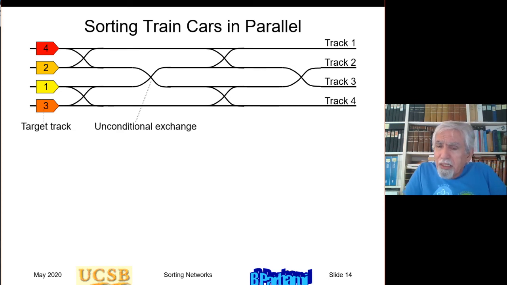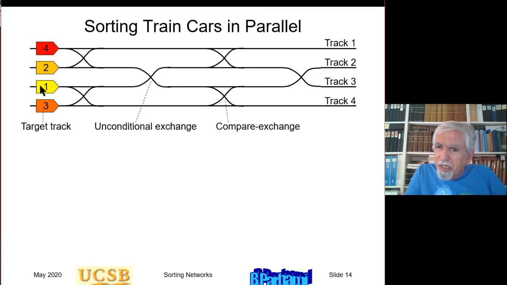One is unconditional exchange. In other words, 2 cars approaching this exchange, they simply switch tracks. The car on the top track goes on the bottom track. The car on the bottom track goes on the top track. So this is unconditional exchange. I also have something called conditional exchange